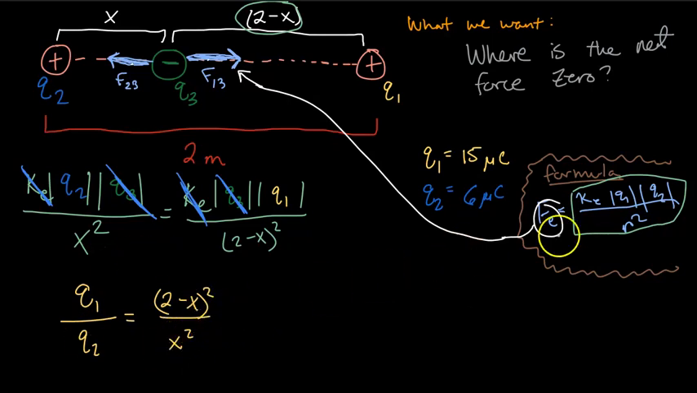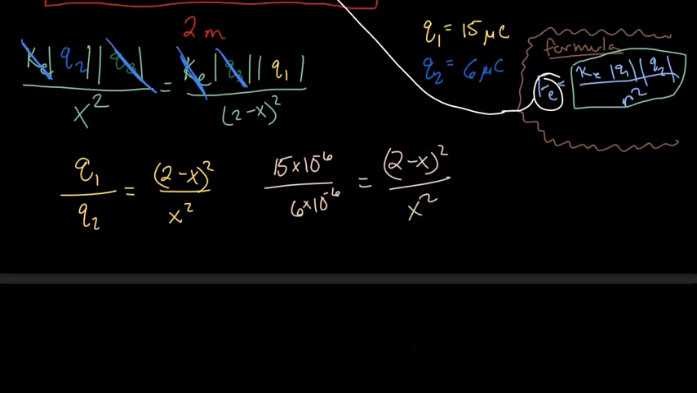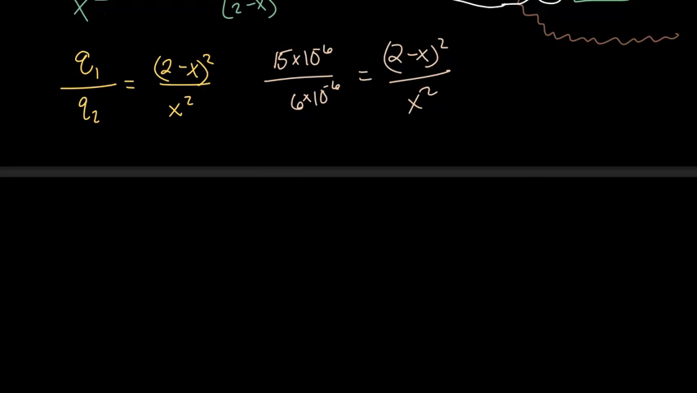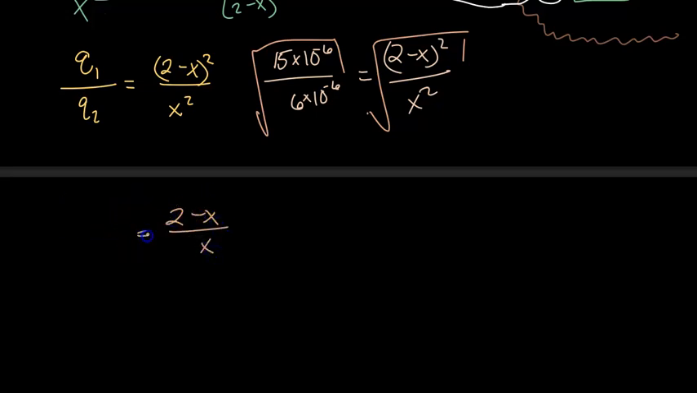And from here we can plug in the numbers now. We will have 15 times 10 to the negative 6 all over 6 times 10 to the negative 6 equals 2 minus x quantity squared all over x squared. And from here it should be just algebra. So we will take the square root of the whole thing, and on this side we will end up with 2 minus x over x. And this whole thing you can just plug into a calculator, and once you plug it in you should get